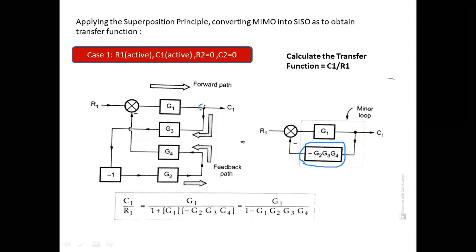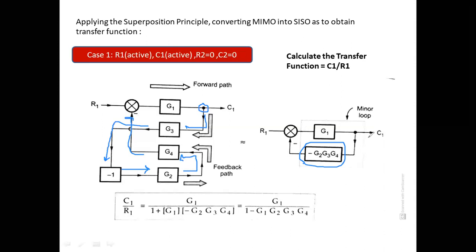Again we are starting from this particular point. So the first signal would be what? G3. Now G3 is getting multiplied by -1, so it becomes minus G3. Then it is further getting multiplied by G2, then it becomes minus G3 G2. Then further minus G3 G2 is getting multiplied by G4, then it becomes minus G3 G2 G4, and then it proceeds towards this summing point, and we are getting minus G2 G3 G4, coming to this particular point.